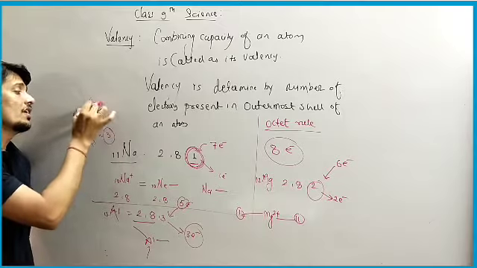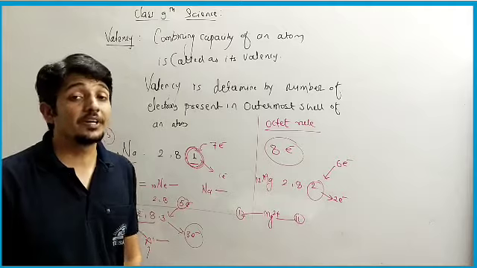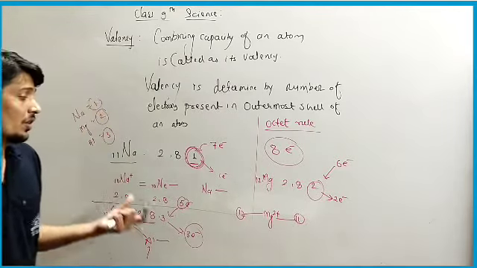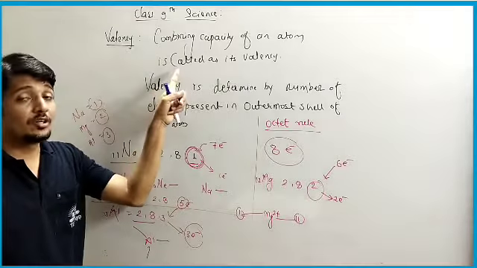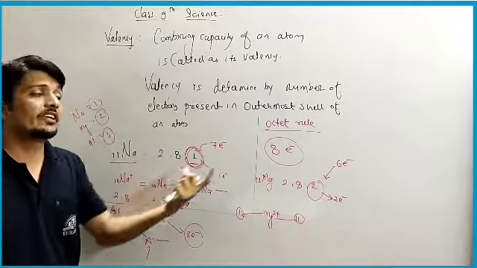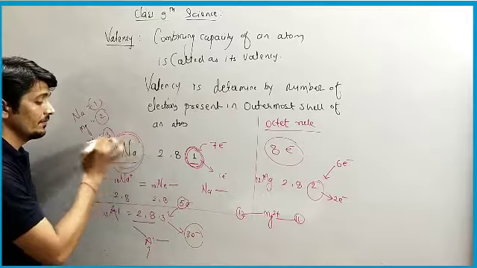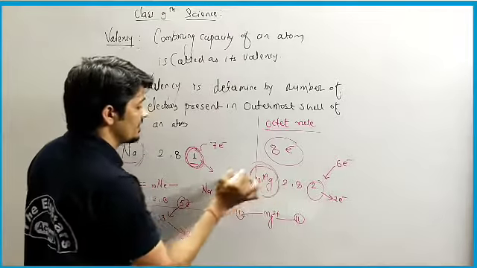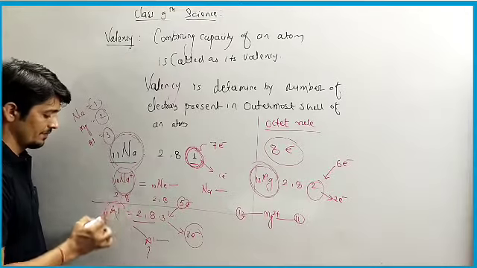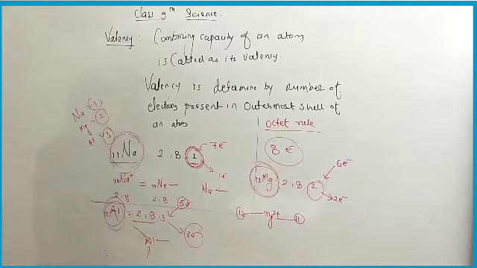So how are we deciding this valency? Again on the basis of number of electrons present in the outermost shell of an atom. So write down the definition of valency, how it is determined and how we have to check the valency of an atom. So we have one example of sodium, then another example of magnesium and next example of aluminium. Okay, so write down this part now.